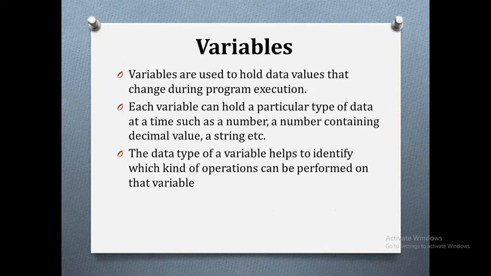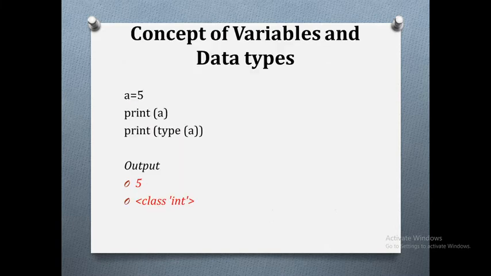And each variable can hold a particular type of data at a time. For example, maybe it's a number or a decimal value or a string, etc. So everything that we give as data can be stored in a variable. And the data type of the variable helps to identify which kind of operations can be performed on that variable. We will see more in this. For example,